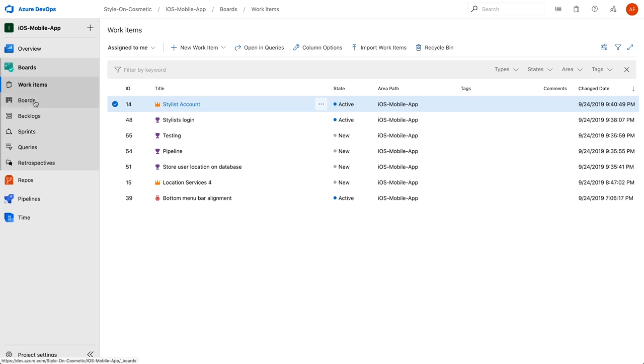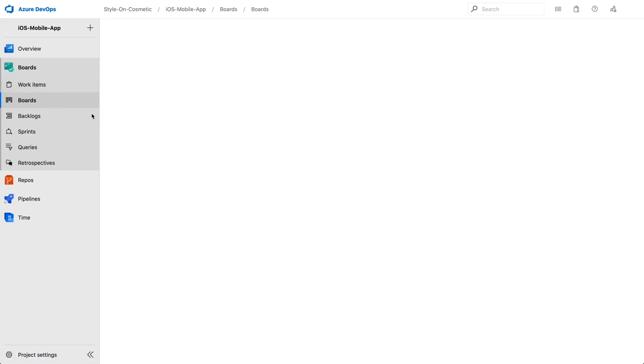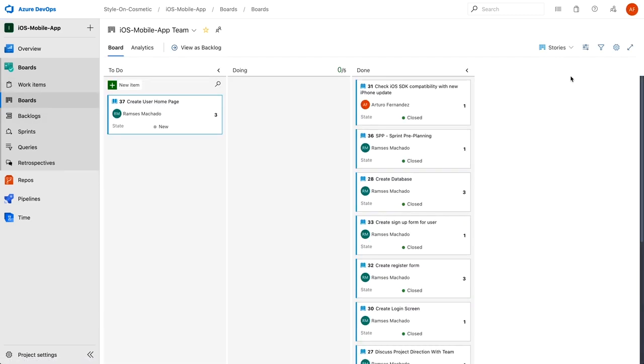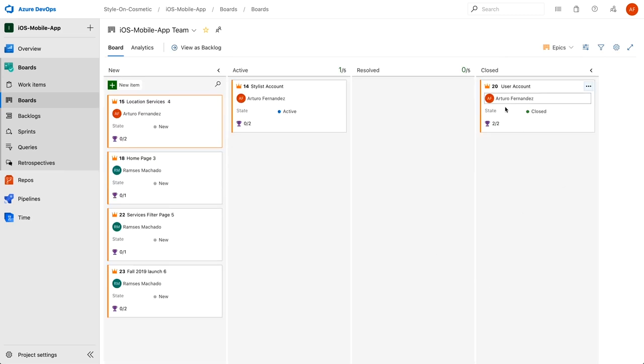So if we go to boards, to epics, we can see that we have completed the user account epic, which has two features. First is the registration. The second one is the user login. If we go to the features,